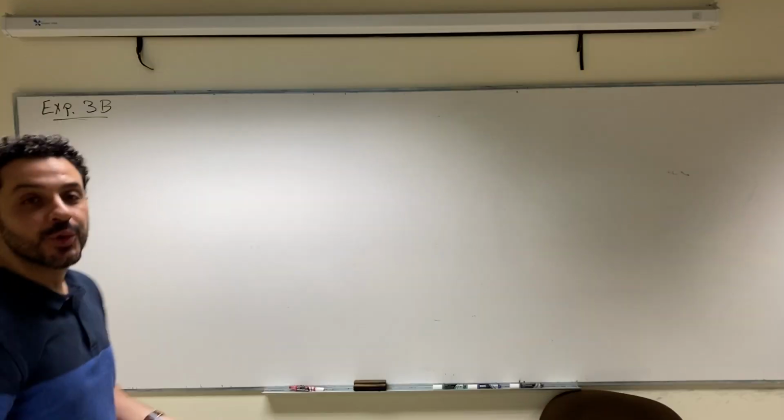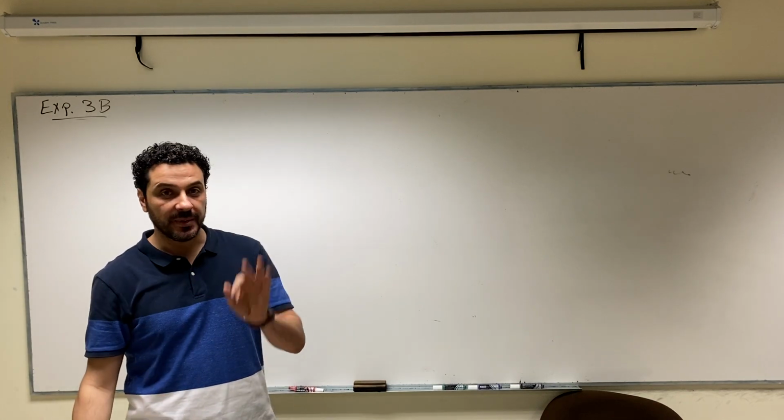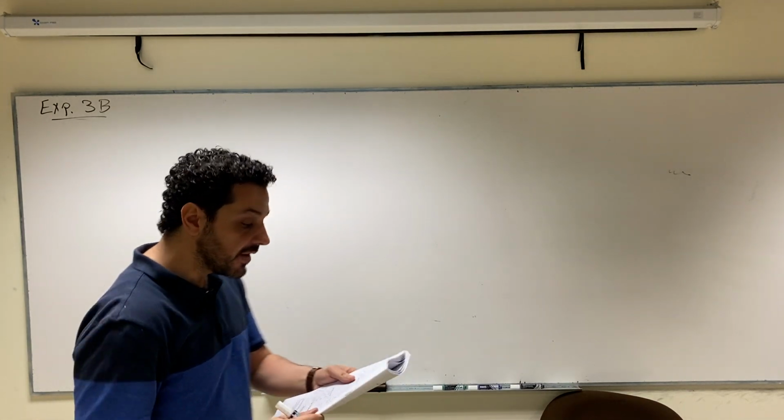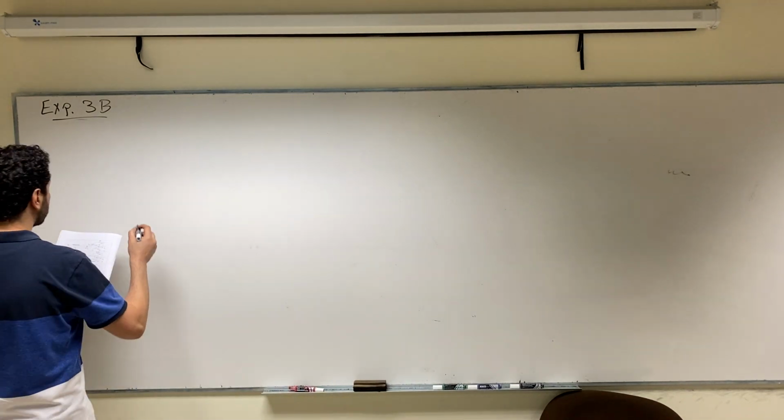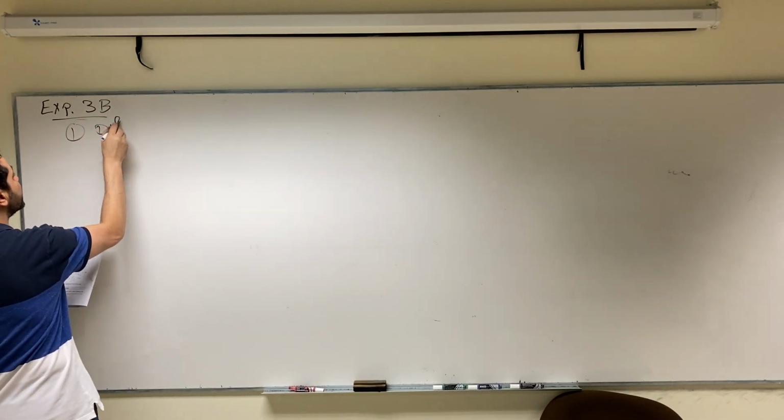Okay, Shabab, welcome to part B of experiment 3. In part B, we are going to implement 3 OPAMP circuits. The first circuit that we are going to implement today is called the differentiator. So circuit number 1 today is the differentiator